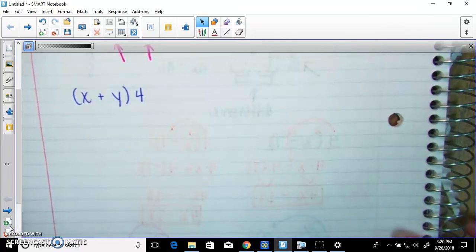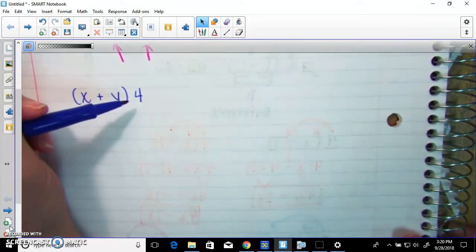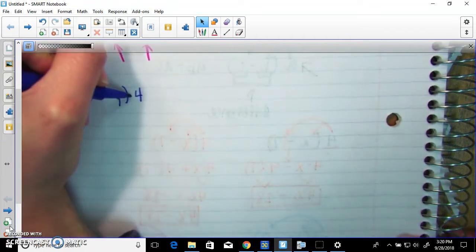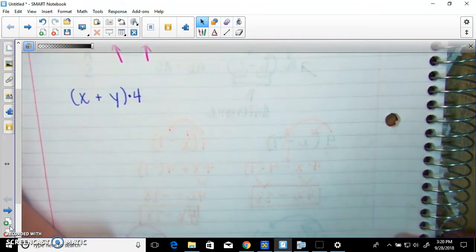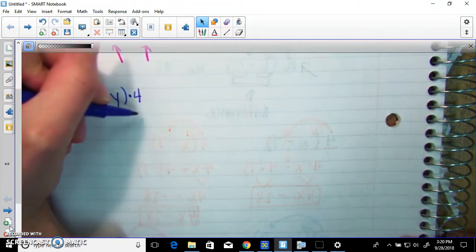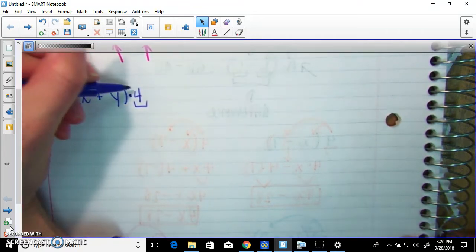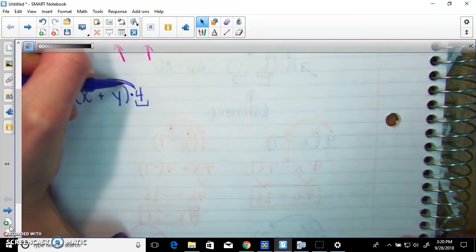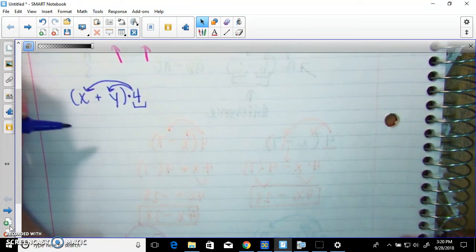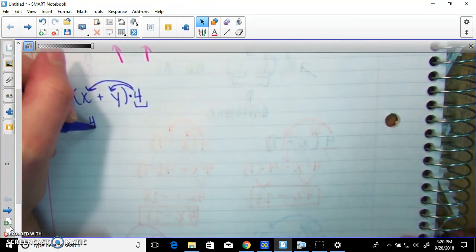The last examples we're going to look at are when we're distributing a factor, but the factor might actually be to the right of the quantity instead of in front of it like we've been seeing. And you can still use the exact same thing, it just looks slightly different. We're still going to distribute a 4 to each term inside the parentheses. So we're going to start with 4 times x,